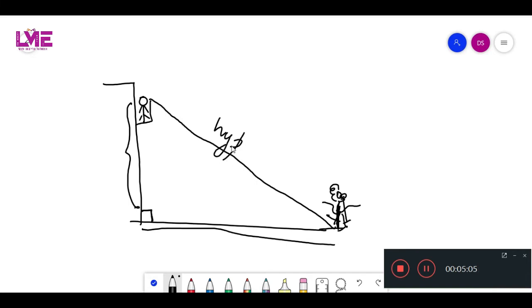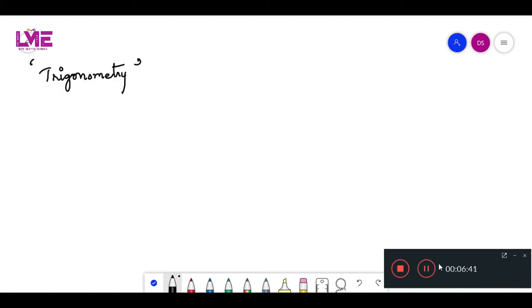Similarly, we can take many examples in real life or in our surroundings where we can imagine a right angle triangle is formed. Okay, so to measure all these heights or distances in such examples, we need not measure it actually. So if suppose we have the related data, then we can calculate the heights or the distances of these triangles by the trigonometric concepts. The word trigonometry is basically derived from Greek words.